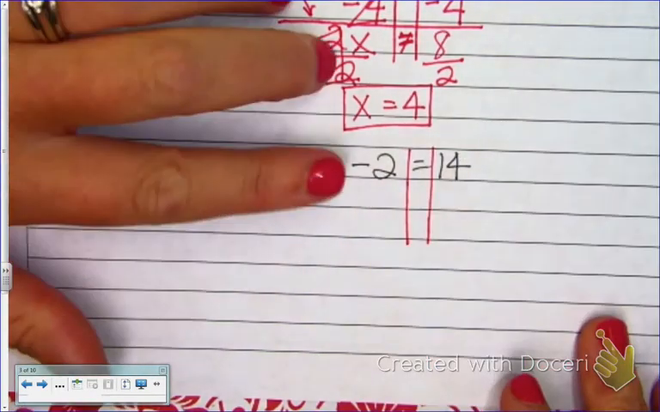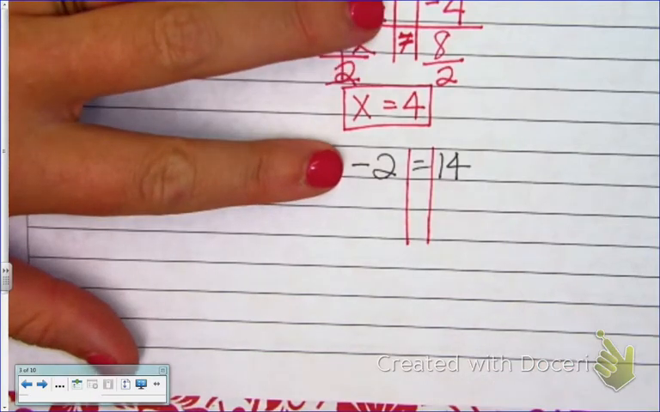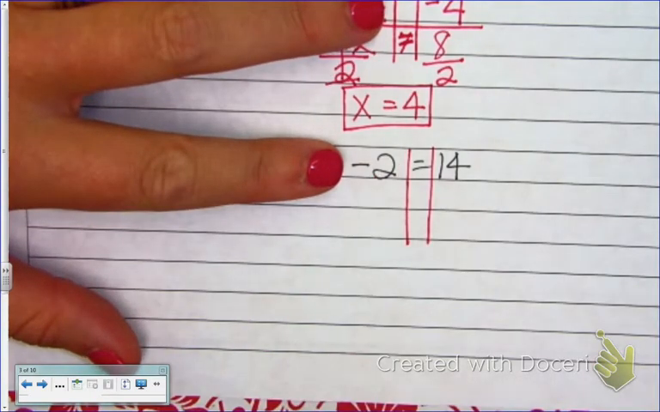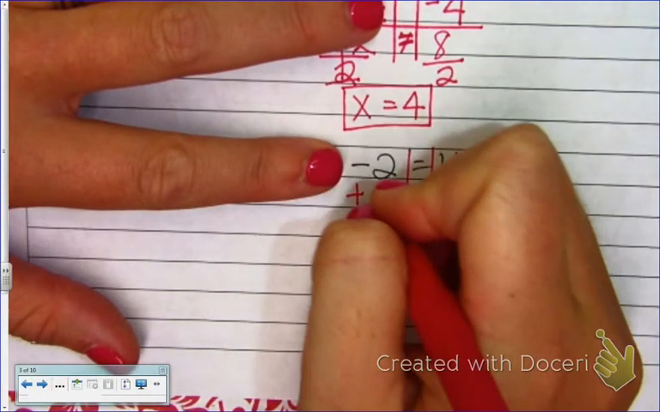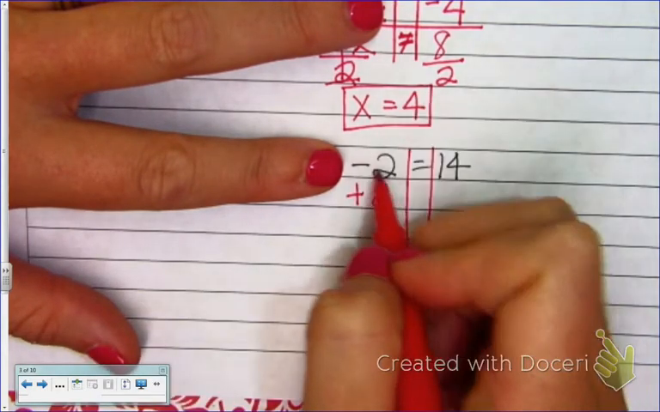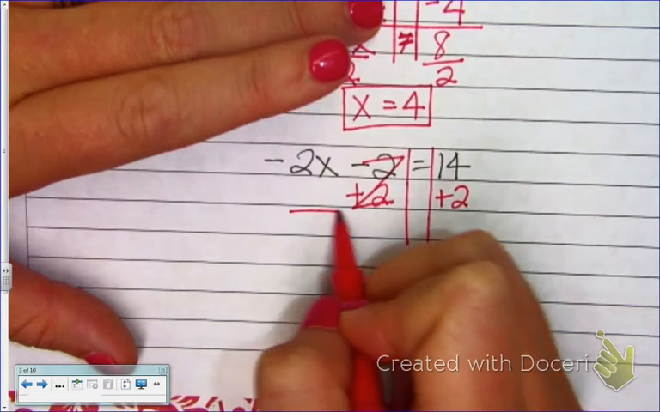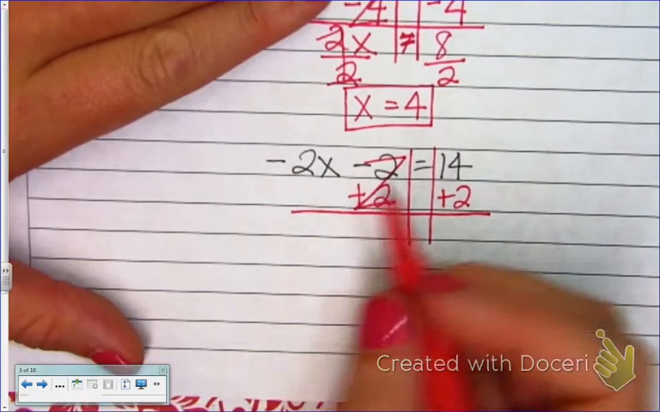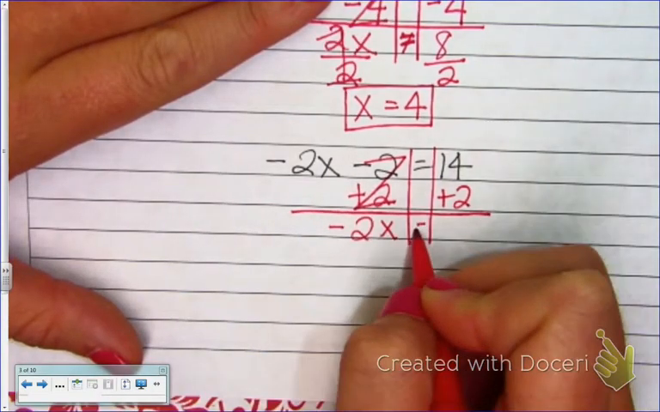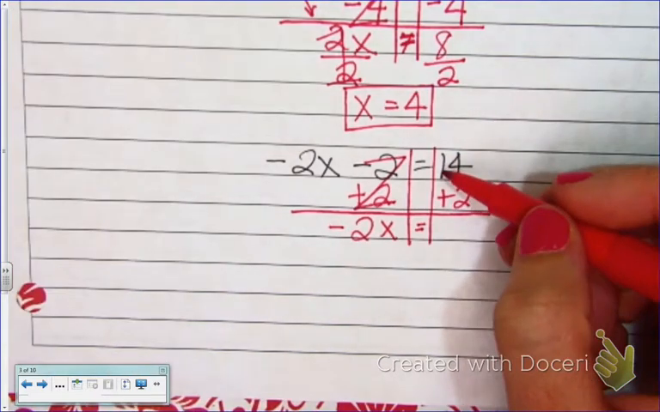Okay, I'm going to cover up what I want to keep the same. I'm going to get rid of this 2. If I get rid of it, I need to make it 0. So the opposite of subtraction is addition. So that gives me my 0. And then I must add it to the other side. So we bring down our negative 2x, we bring down our equal sign, and then we think, okay, 14 plus